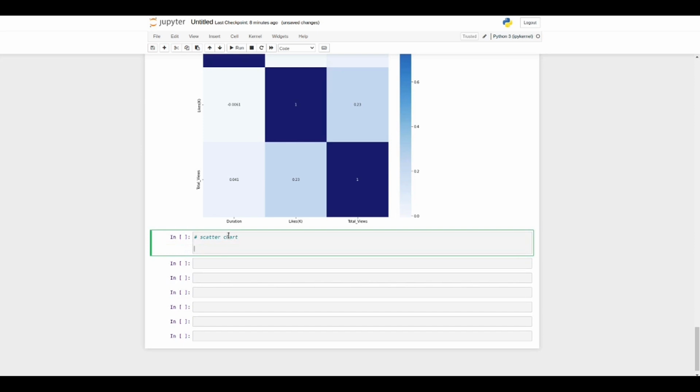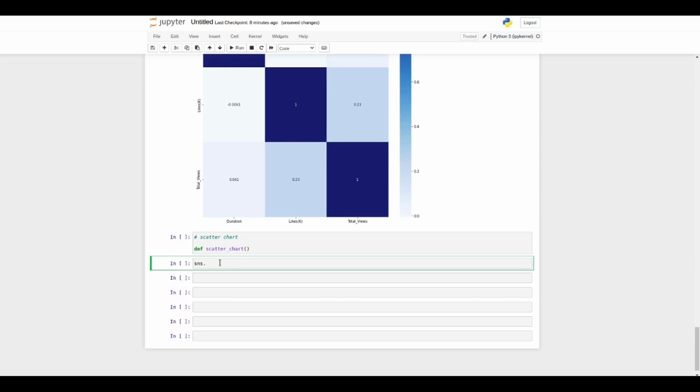And in the scatter chart, I want to measure the duration with the likes and total views. So the duration will be on the x-axis, and likes and total views, each one will be on the y-axis. Since one variable will be the same in multiple charts, in this case I will use a function again. So let's see, scatter chart. However, I want to write the correct equation and then move on from there. So it will be a scatter plot